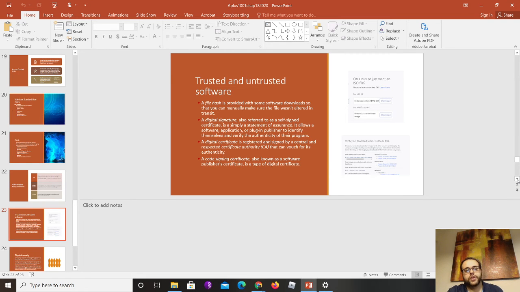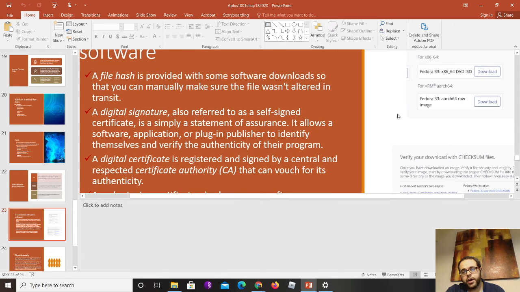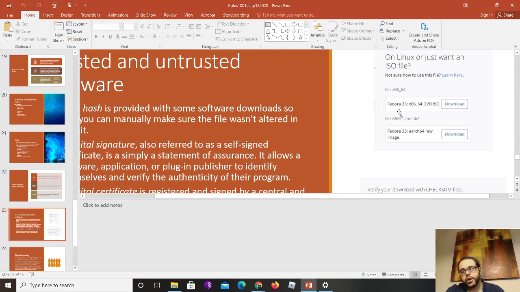Trusted and untrusted software. When you go online to download software, typically there is a way that you can verify if the software is legit, and that's through a hash. If you see here, I actually have some screens. If you go to the Fedora website and download Fedora 33, which is the latest, you will get an ISO.